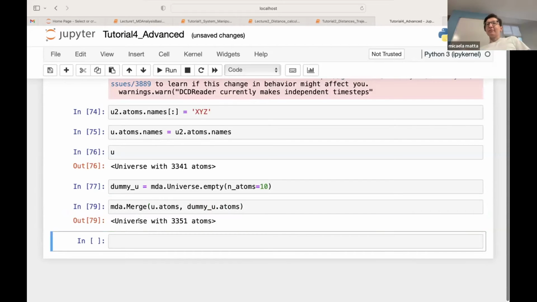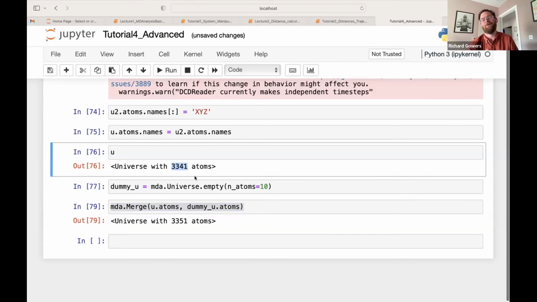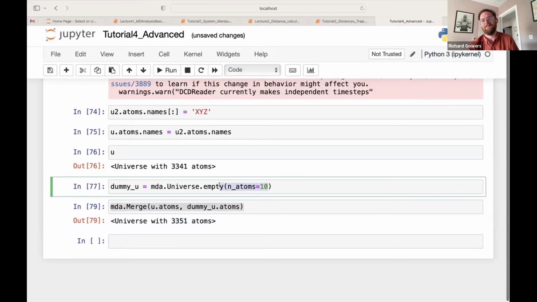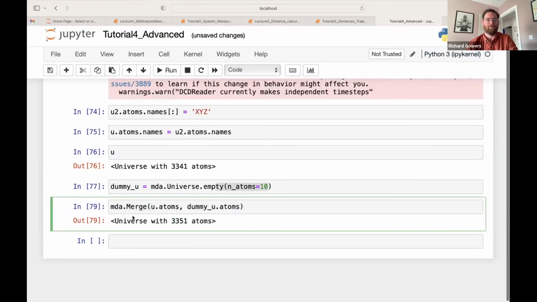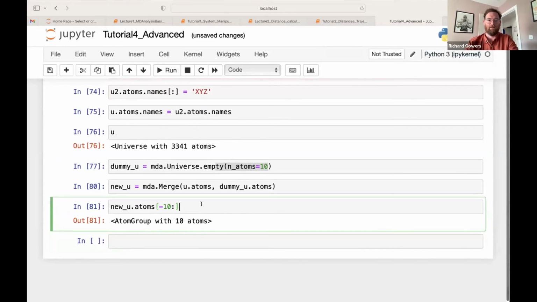So there you go. I've merged these two universes together. Now I've gone from having 3,341 atoms to 3,351 atoms, where I have 10 dummy atoms. So I'm going to call this one new. And then if I look at the last 10 atoms here,